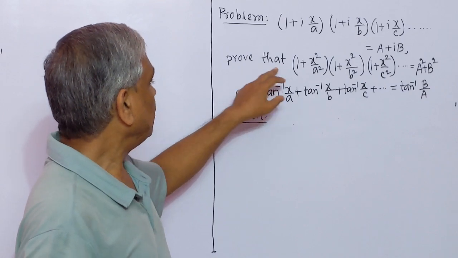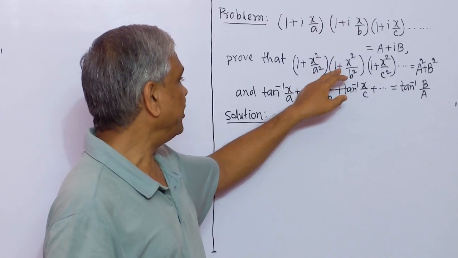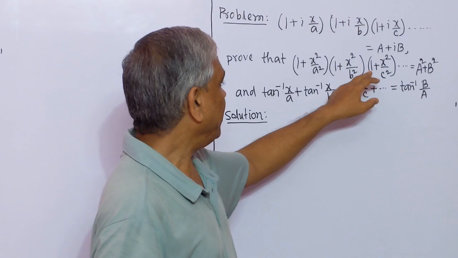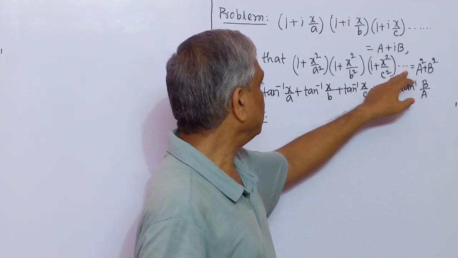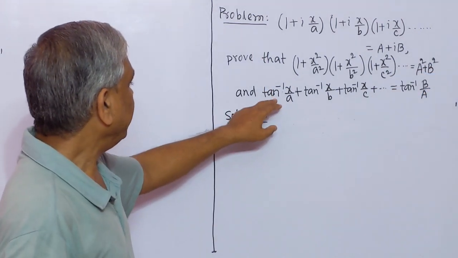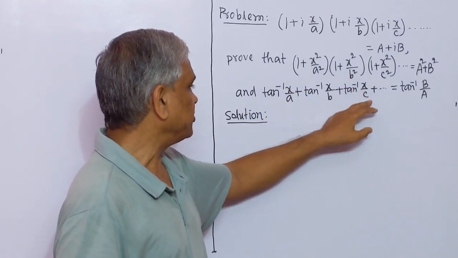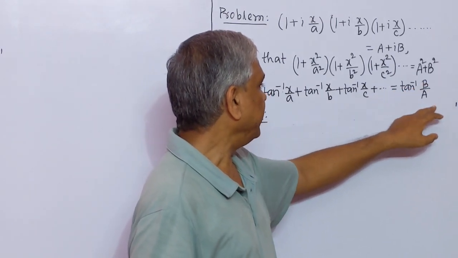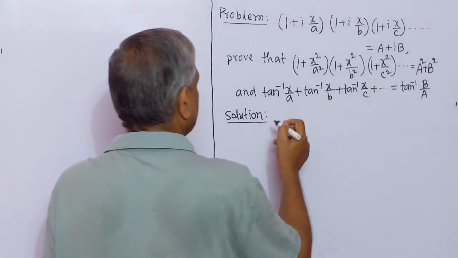Then prove that (1 + x²/a²)(1 + x²/b²)(1 + x²/c²)... = A² + B², and tan⁻¹(x/a) + tan⁻¹(x/b) + tan⁻¹(x/c) + ... = tan⁻¹(B/A). Now we solve this. Let